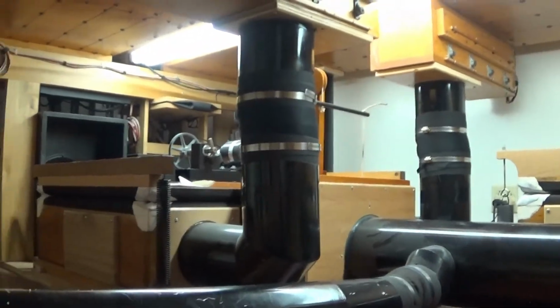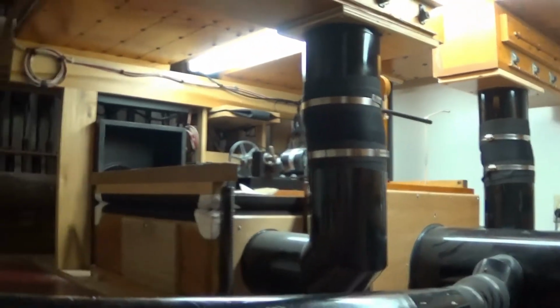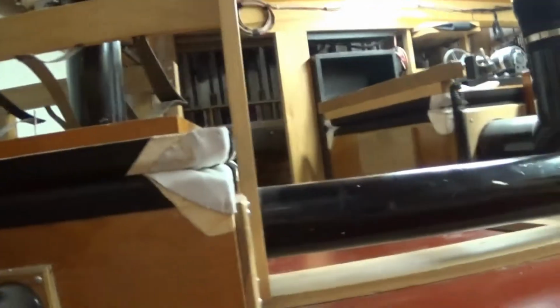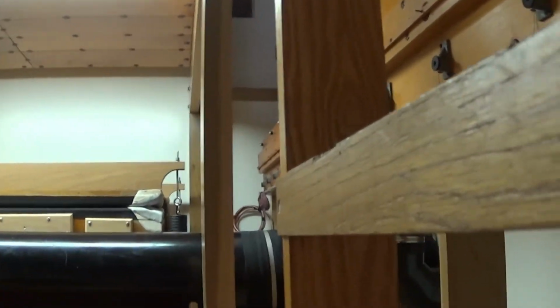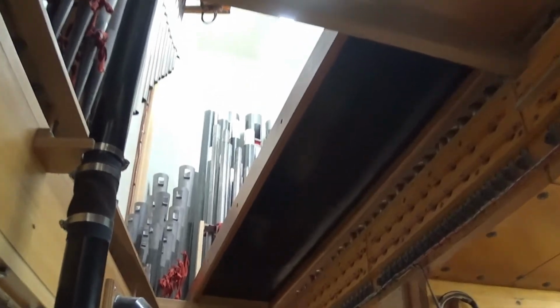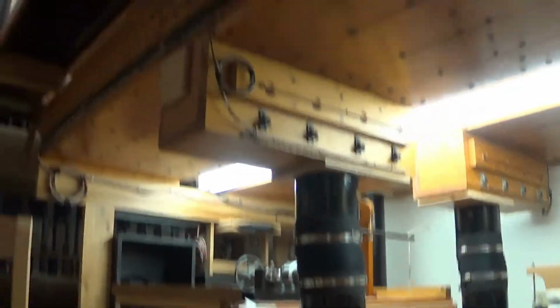You can see over here, maybe you can see it, see if I can get a good picture of it. There's some electronics, there's a whole lot of wires, and all kinds of stuff. So this is more of an amateur videography here, but I just wanted you to get a picture, an idea of what's up here and what we're working with,